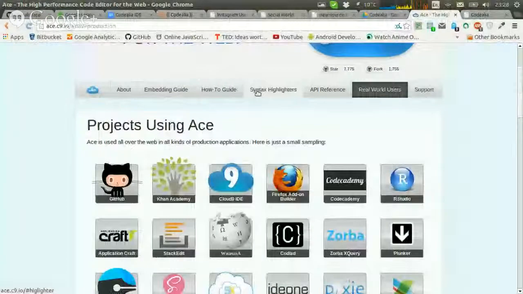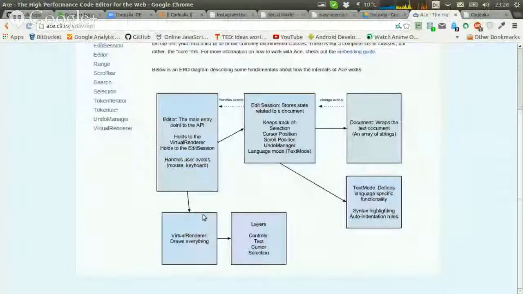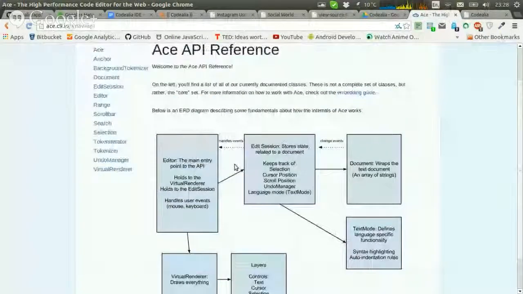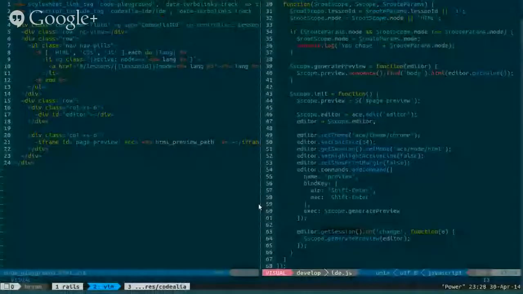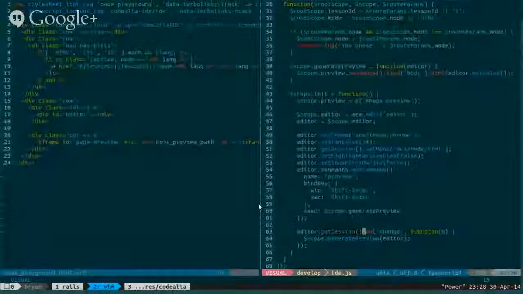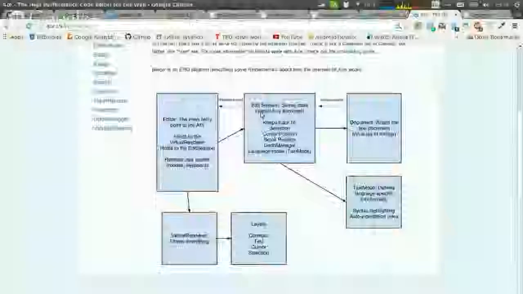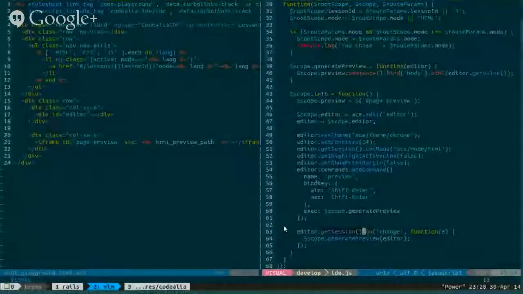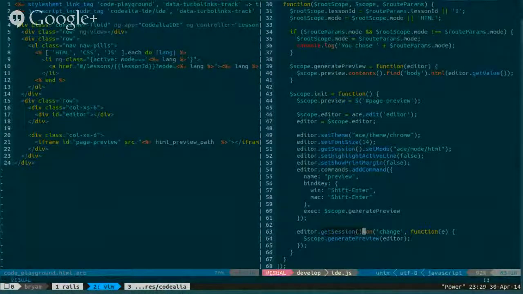At the very bottom, it's saying to get the most recent session and preview that. It's overriding the generate preview. No, the get session is one way to